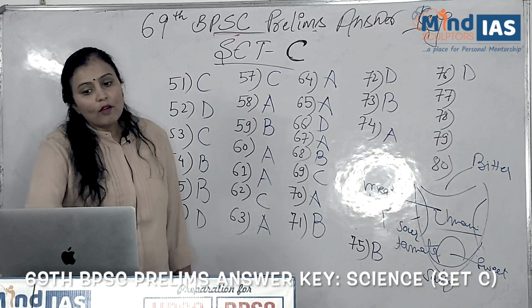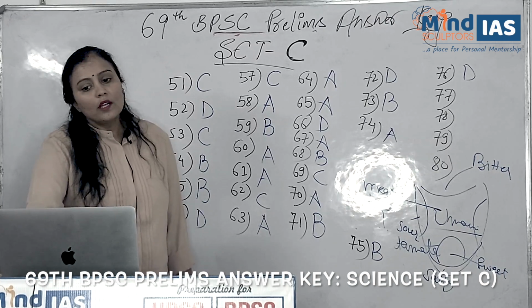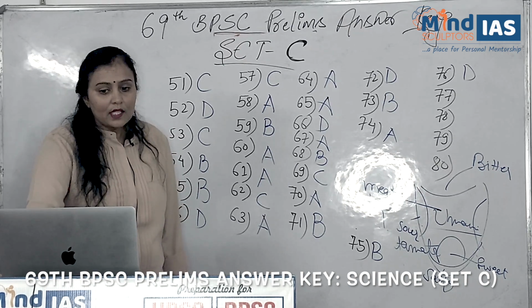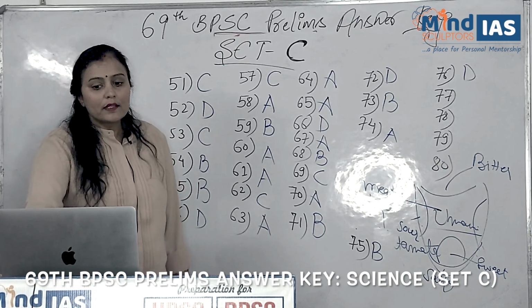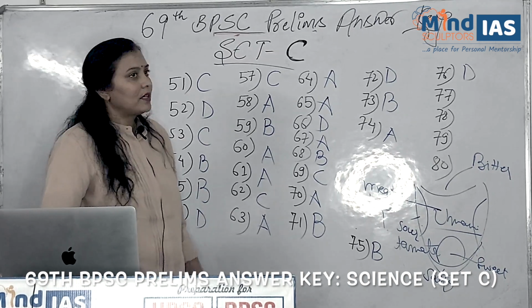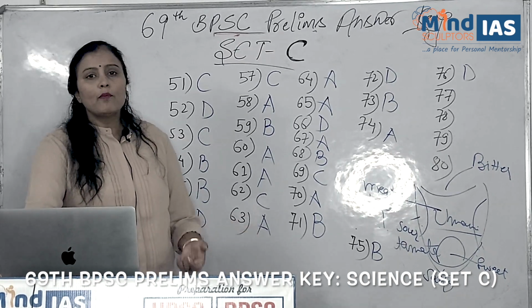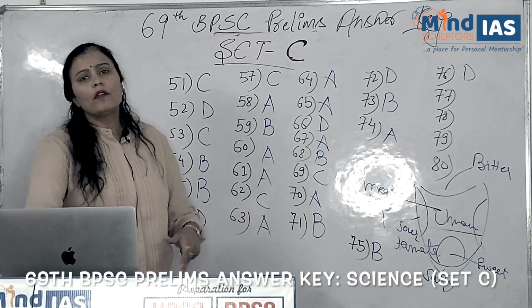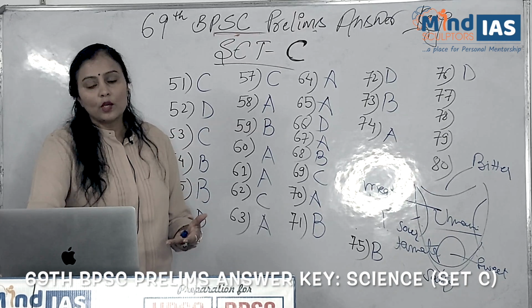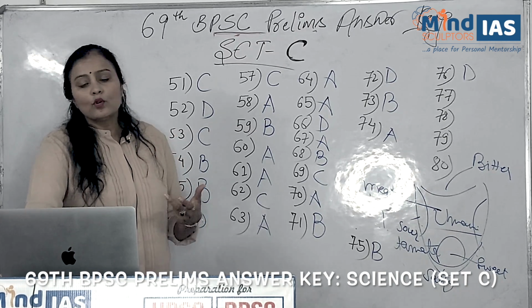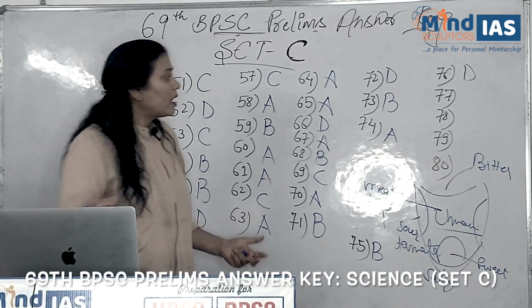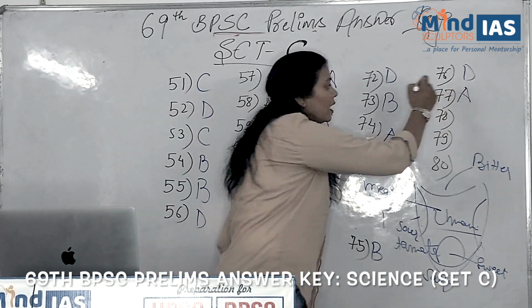In the context of lab grown diamond, what is used as a diamond seed? The options are graphite, cubic zirconia, white sapphire, and moissanite. So the right answer for this question is actually anything which is made up of carbon. We keep it in a microwave at very high temperature, and the crystals which are produced during that, we use as an artificial diamond. So the right answer for this question is option A.